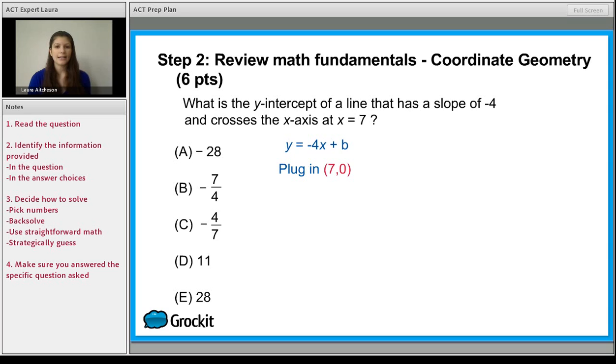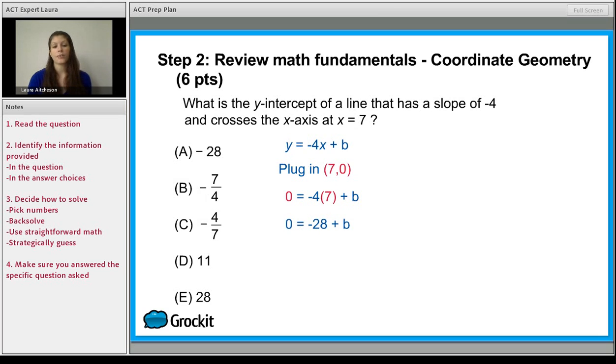We plug that in, and we can solve for b. So we wind up with b equals 28, answer choice E. So this is a really common question. Go ahead and back up the video and review this again so that you can make sure you recognize, okay,